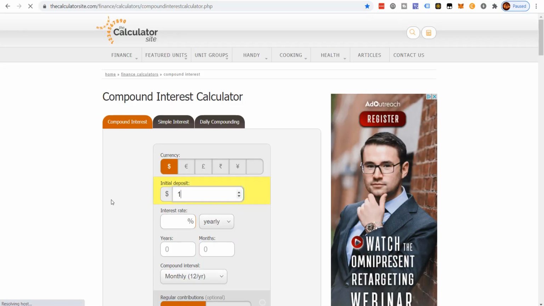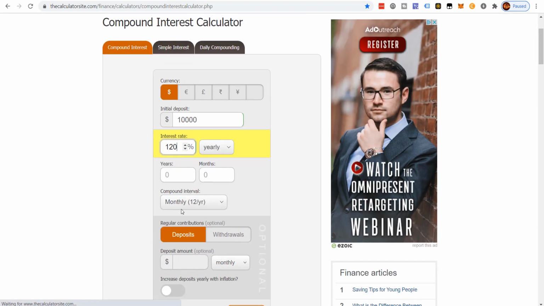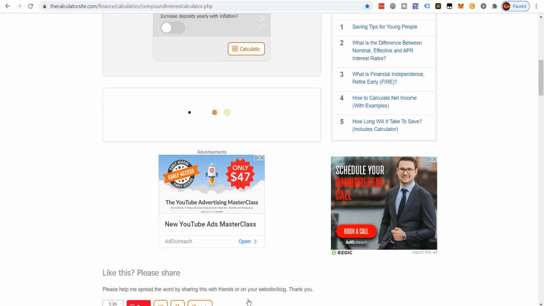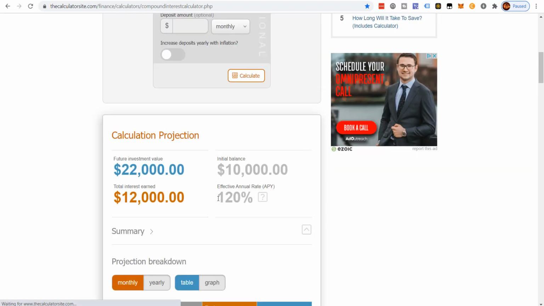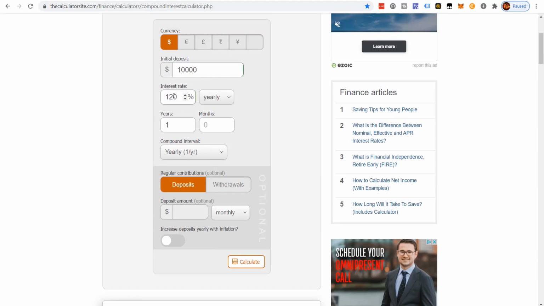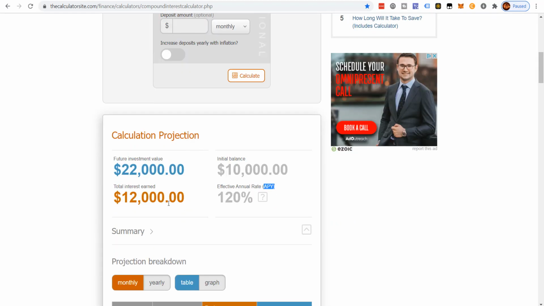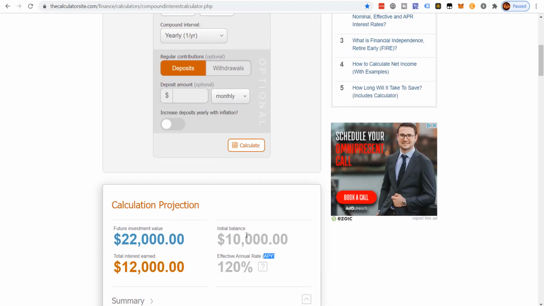So if you had $10,000, and let's just say that you had a yield farm paying out 10% a month or 120% a year, if you're compounding yearly, your APY would be 120%, so you'd make $12,000 on your $10,000. Your APR is still 120%, but your APY is also 120% because you're compounding yearly. You're making 120% on $10,000, which is $12,000. That's your profit, for a total of $22,000, and that's your annual earnings.